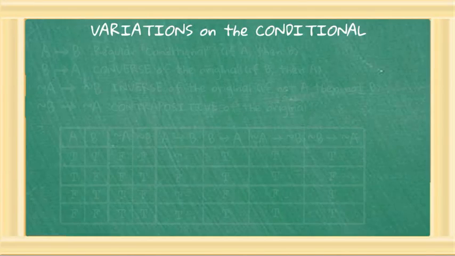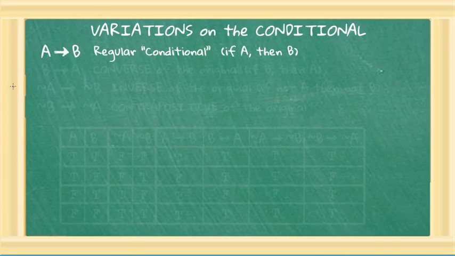Okay, let's talk about some variations on the conditional statement. So we learned there's an and statement, an or statement, and the if-then-else, or the if-then, called the conditional. Now, from that conditional, we can also build some other types of statements that we're going to give special names to. Okay, so here again is the regular conditional statement, and A implies B, or if A, then B